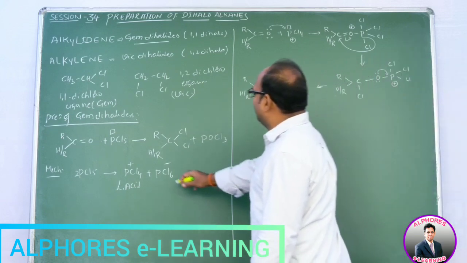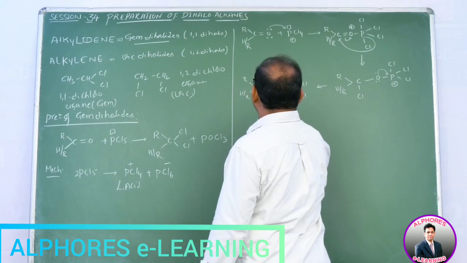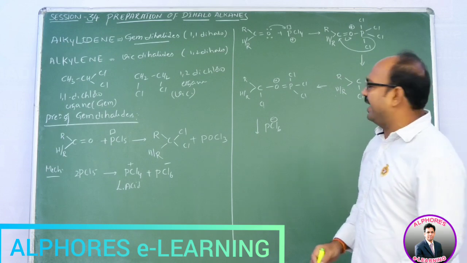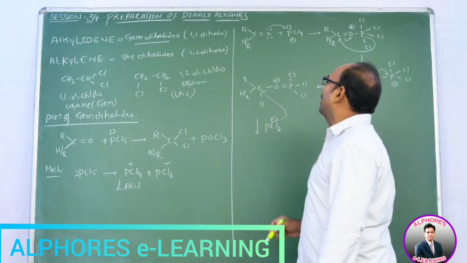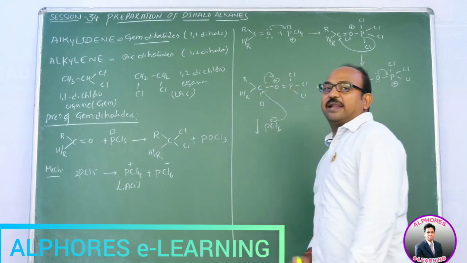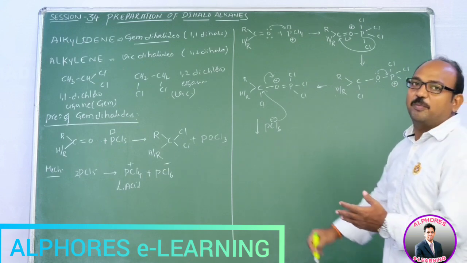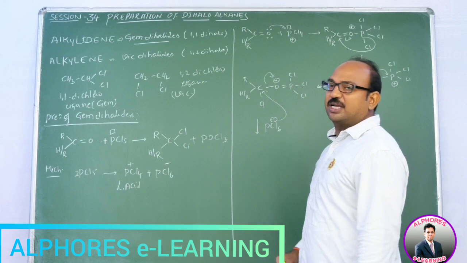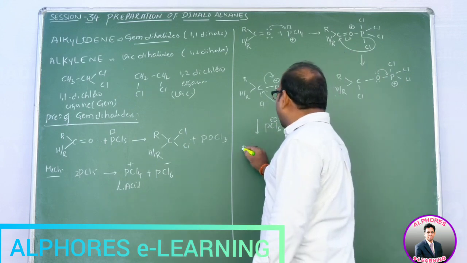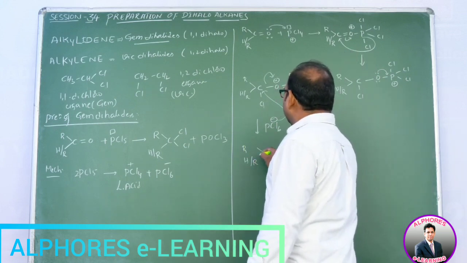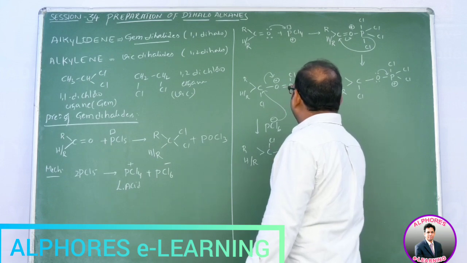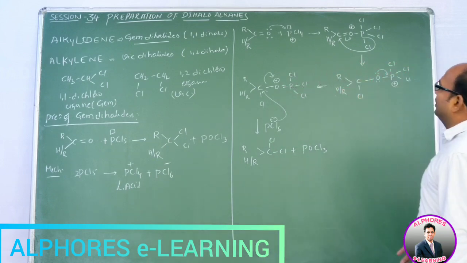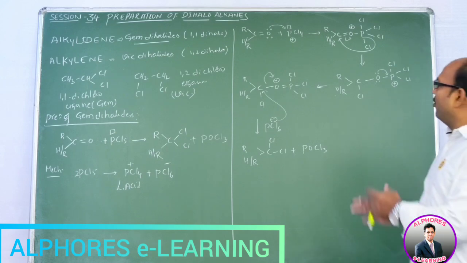And in the first step PCl6 minus is there. This PCl6 minus is going to give one more Cl minus, and that Cl minus has to come and attack upon this carbon, and the C-O bonded electron pair will be shifted towards more electronegative oxygen. We have positively charged oxygen. Then what happened here? R, H or R, C, Cl and Cl plus POCl3. So this is the reaction, actually what happened and how the mechanism proceeds.